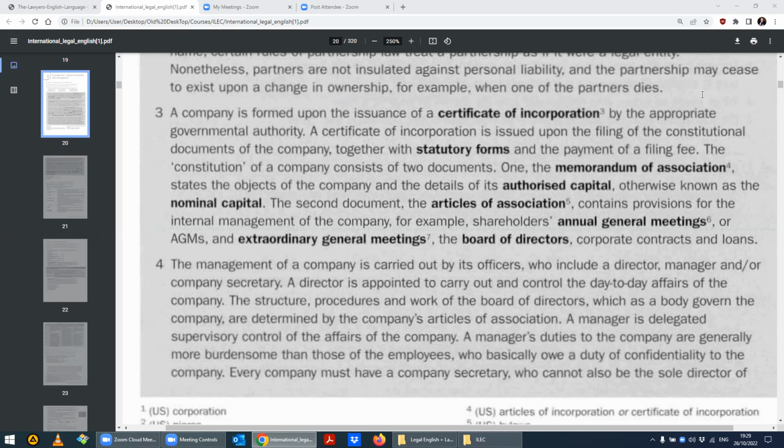Now, let's say the company authorizes itself to sell 1 million shares and that the nominal price, also known as the par price, meaning parity, what is called the par value or nominal value